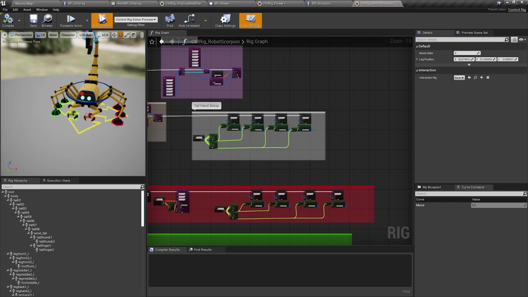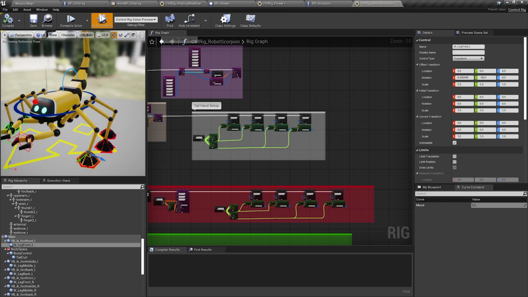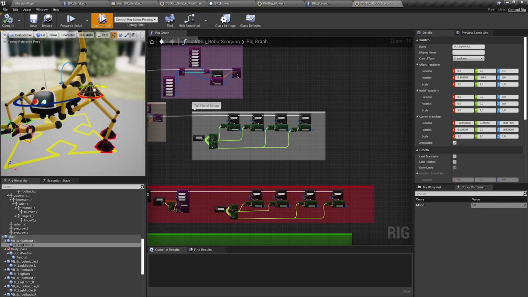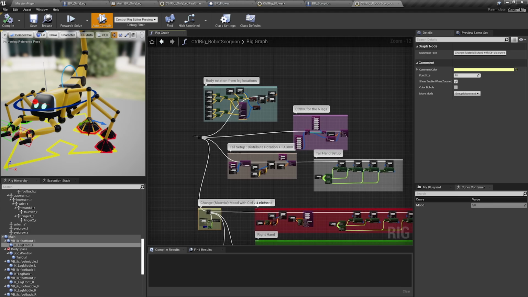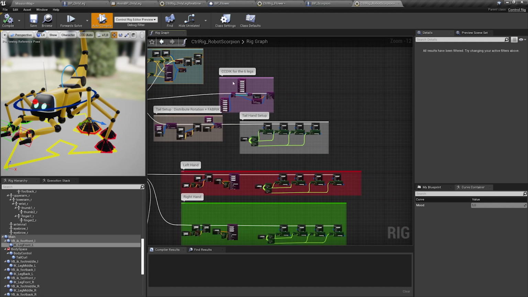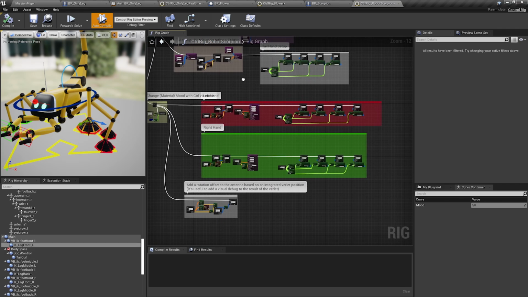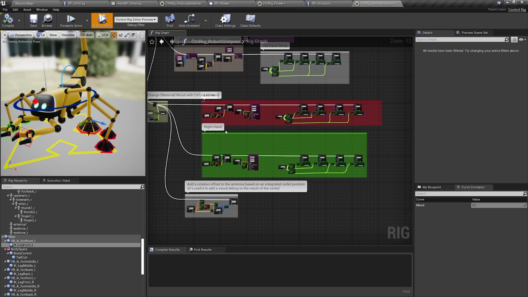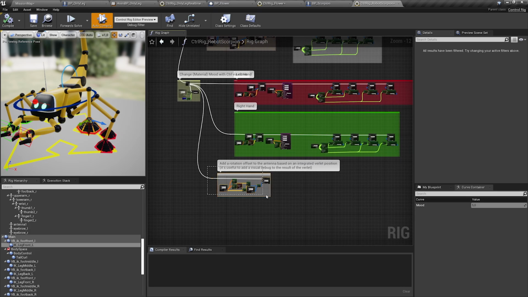So here we are. As said, mainly the feet are driving all the rest. So the feet placement, as you can see here, if I move them, his body is also moving accordingly and his hands are wiggling and stuff. So here we have the body rotation we're doing. Then we have the CCD IK I'm using for the 6 legs. Then we will talk about the tail setup in a second. And then we have something for the hands, the left hand, right hand, and my antenna setup, which is pretty similar to what you have seen already.